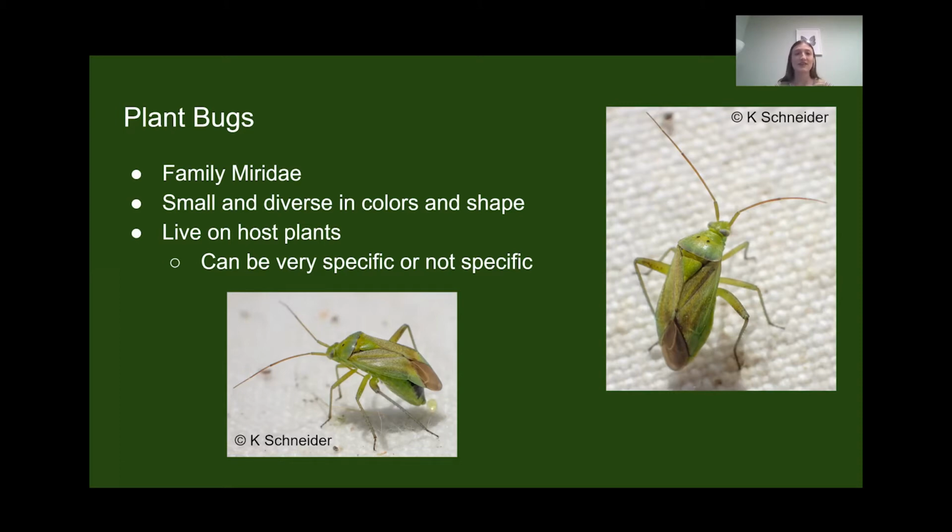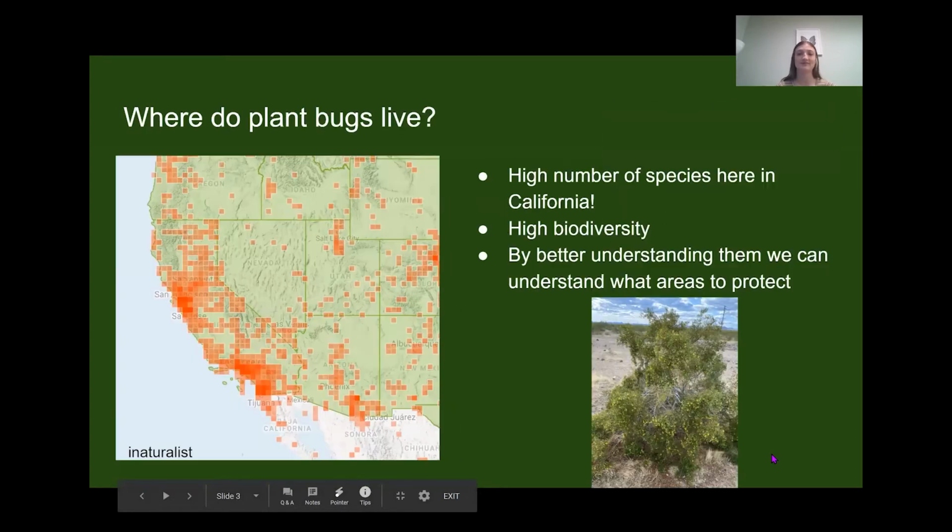So they're easily identifiable by looking at their wing. We have this hard section and then this membranous section. And specifically, we have this cuneus here. And then they also do not have ocelli on top of their head. And their antennae have 4 segments. And then they also have this rostrum here, their mouth parts.